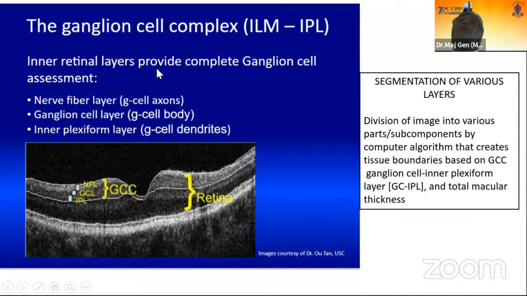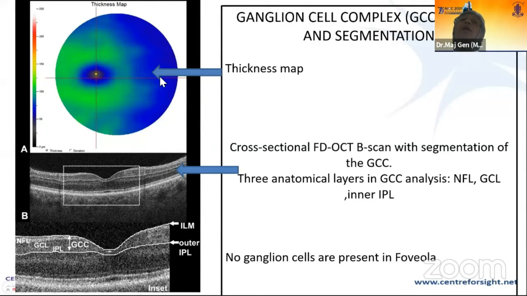So just to show you the inner retinal layers, this is what we are measuring with the help of the OptoView. There's the B-scan which shows the entire GCC complex, and the software then, by the algorithms present, segments it into the various layers. So this is how the GCC looks. This is the thickness map. As you can see, this is nice and blue, and this green, which shows that it's a good layer. If you look at this inset, mind you, this is the fovea, and this is not the optic cup. This gives us a segmentation of the layers, as I've said, with the 3 types of scans. And we have to remember that there are no ganglion cells present in the fovea.